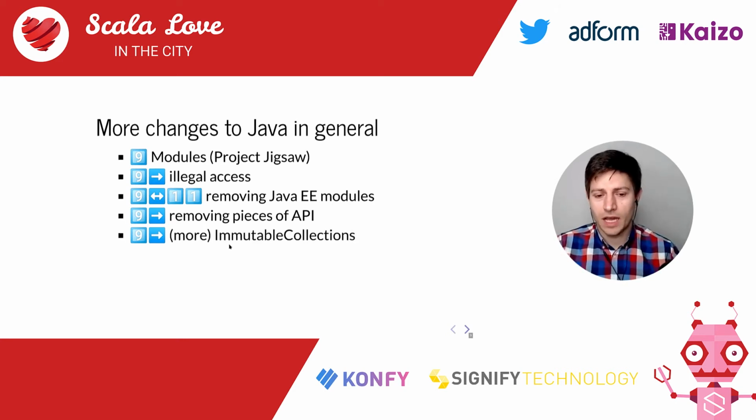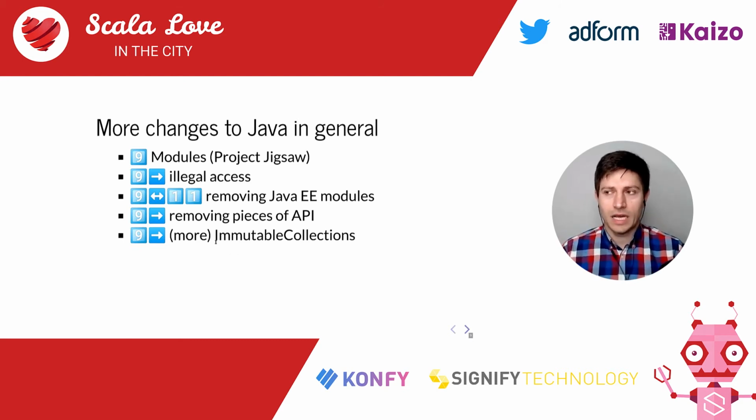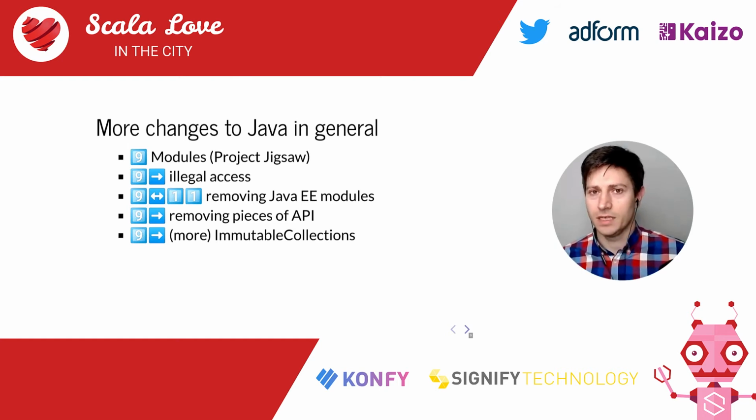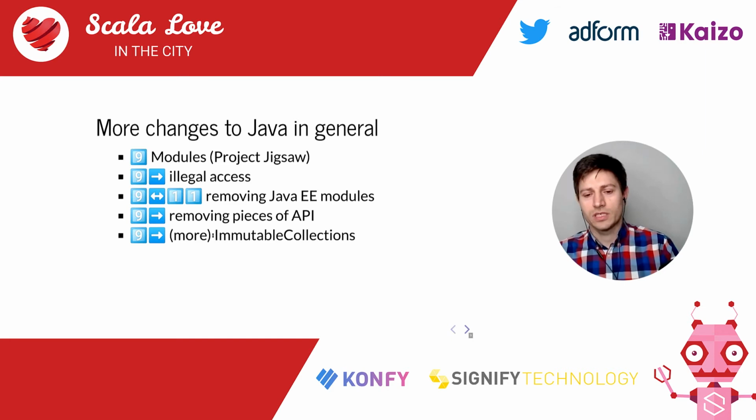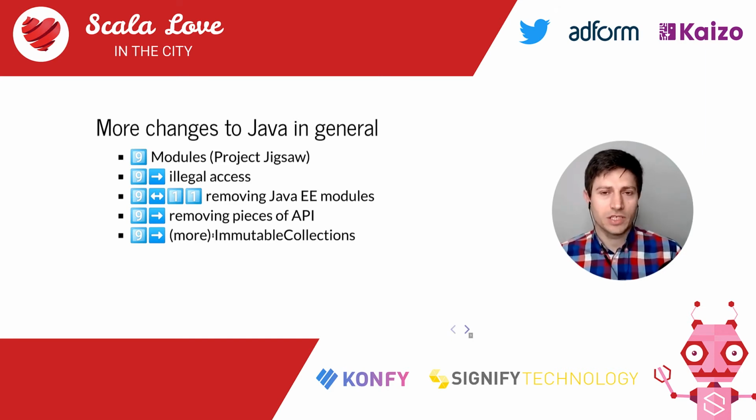What I personally like is this: I think there is a slight, ongoing shift toward immutability. In Java, one of the examples is immutable collections. Of course, in Java we don't have immutable collections by type, so we are not able to tell by the class or interface that the collection is immutable. We just get a runtime exception, which is quite unfortunate, but I don't think it's going to change.